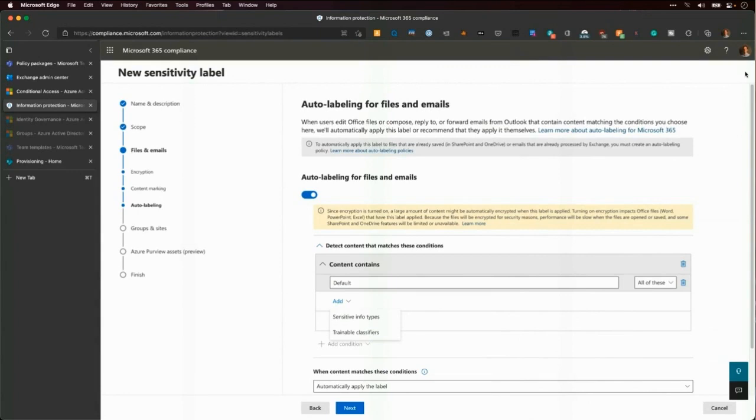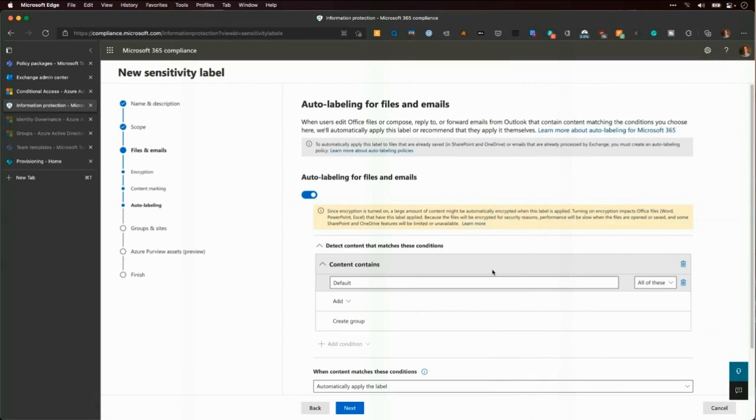I worked with one particular client who actually wanted to do the reverse. Instead of marking and labeling sensitive information, they still labeled it, but they wanted to keep certain information out of their SharePoint environment. So whenever a certain keyword or a certain pattern of text was detected in a file, because these files, due to certain regulations, had to have certain text in them, they would label it and then alert whenever that file was labeled so they could actually go in and pull it out of their SharePoint environment. But you can also do the reverse.